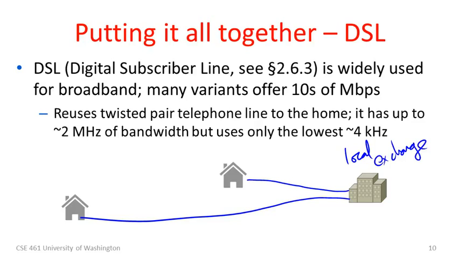Now, it turns out that the telephone is only using the bottom 4 kilohertz of this wire, but the wire has a bandwidth of up to 2 megahertz. We can reuse the higher portion of that bandwidth, which is currently unused, to carry data. That's exactly what DSL does. Because it's been refitted to the existing telephone wire rather than designed from scratch, it has some of the characteristics